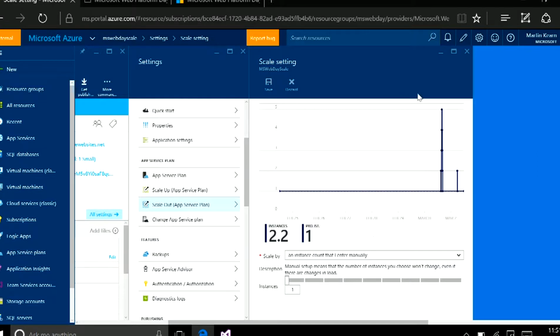So you can see I was testing this out yesterday to make sure it's going to work. Right now, it's running on a single instance, and it's set to an instance count that I enter manually. So I manually control how many instances, so it does still have this, conceptually at least, this idea of a server that it scales up and down. I'm not quite sure what happens behind the scenes in reality, but we have this conceptual idea of an instance or a server. And I think other companies which do this kind of scaling, like Heroku, have